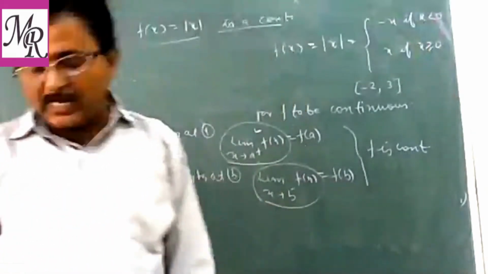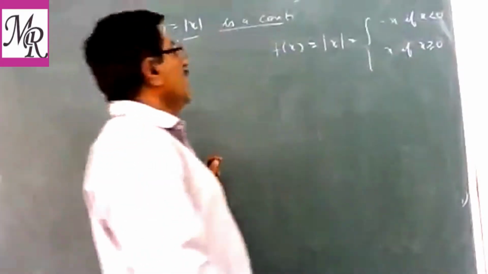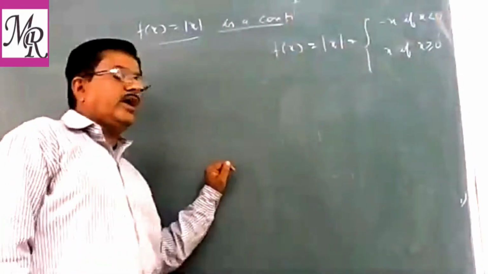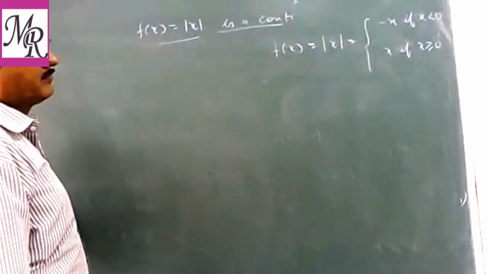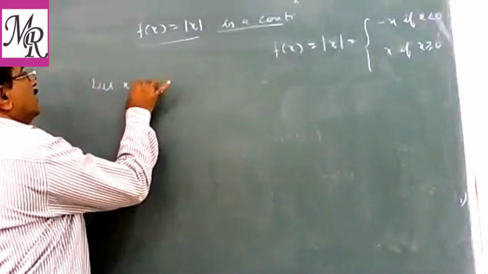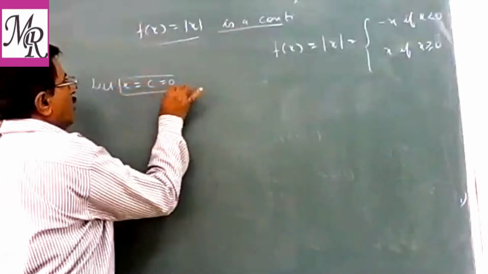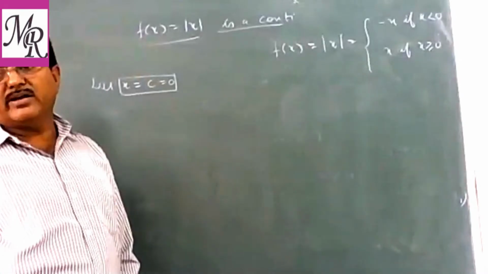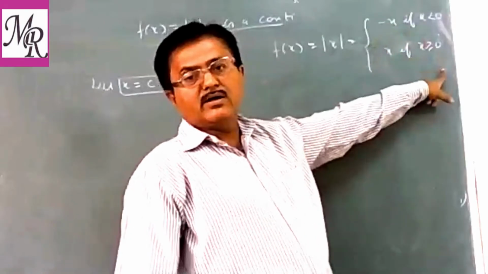So you have to check either this point, कि दो बातें ध्यान से देखनी है. We are defining the function at x equal to 0, but we have to check continuity at every real number, correct? इसमें कंफ्यूज आपको नहीं होना. So we can check at let x equal to c equal to 0. Now whole real can be divided into three parts. रियल नंबर को हम तीन पार्ट में डिवाइड करते हैं, equal to 0, less than 0 and greater than 0.